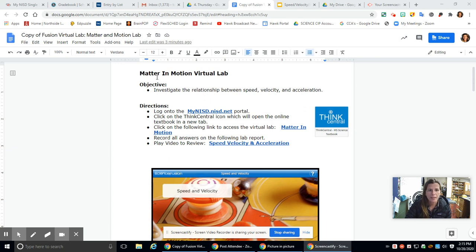Today we're going to have a lab named Matter in Motion Virtual Lab. Your objective is to investigate the relationship between speed, velocity, and acceleration. Directions. Log on to my